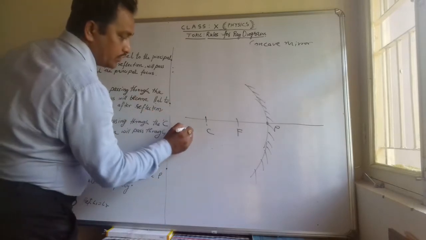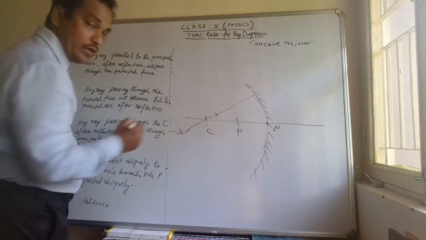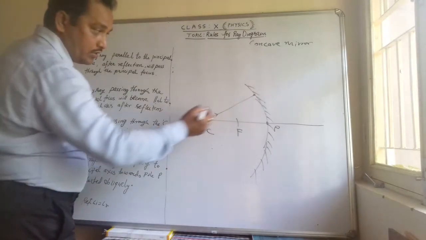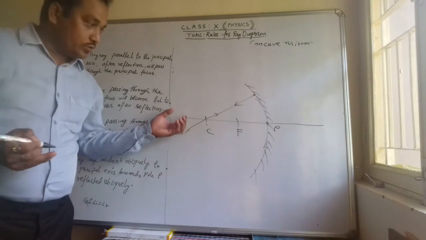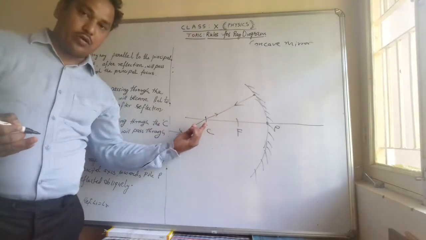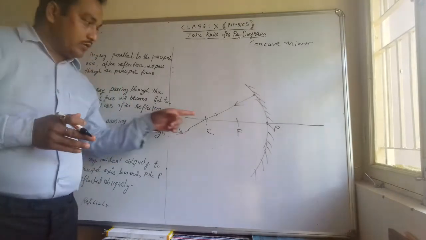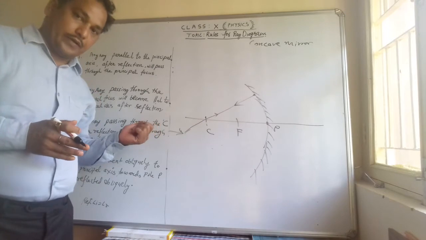So for example, this is the ray which is going through the center of curvature. What will happen to this ray? After reflection from this point on the surface of the mirror, it will revert back along the same path. So we have to draw arrows accordingly on all the routes whenever we are drawing the ray diagram. This arrow will tell which direction the ray was going and where it is being reflected.